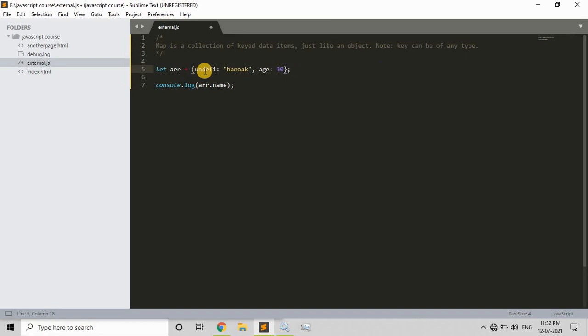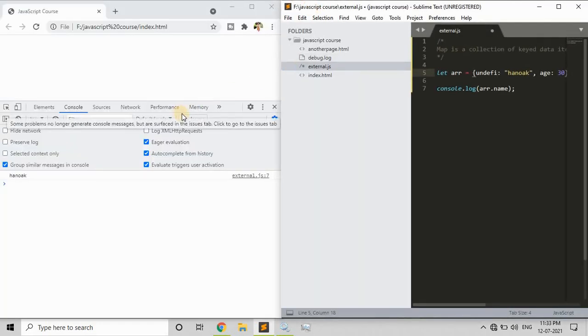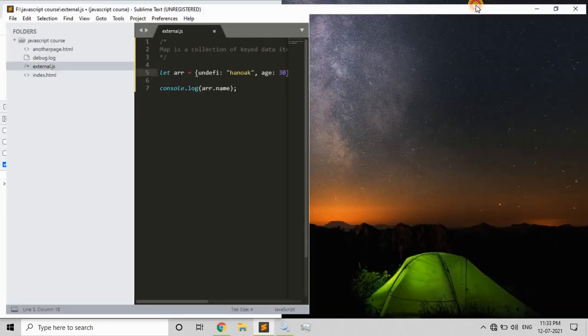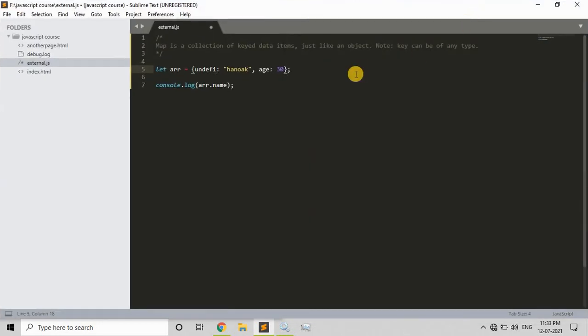So obviously undefined is a type in JavaScript, right? So now this is how the map works in JavaScript. Please make sure that it is a keyed value element and the key can be any type. So with that being said, let's jump into map.